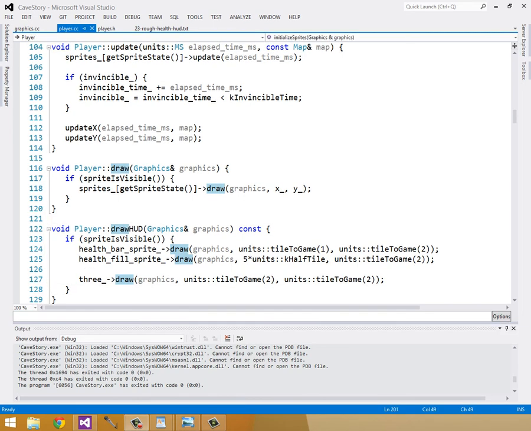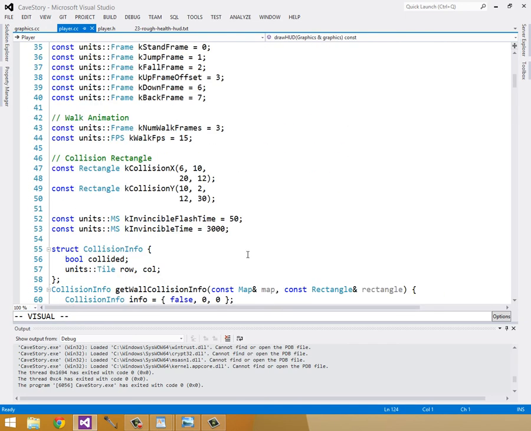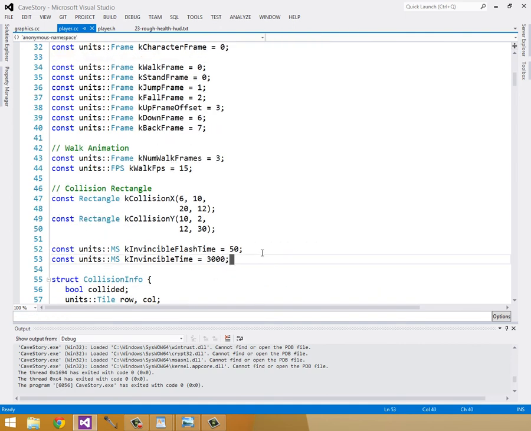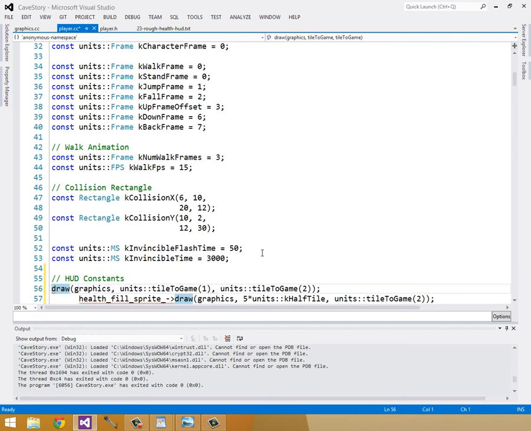Okay, the last thing I promised was constants, so let's do that really quickly too. So there's two sets of constants I'm going to make, which are the draw position and the source position and width and height. So I'll start with the draw position. I'm going to store these all as, I'm not going to do 3 like I said, but I'm going to store all of these draw positions as game units. So I'll copy and paste this up here so I can see what I'm working with. I'll do HUD constants. Try to go through this pretty quickly. So I'm going to store const units type game k